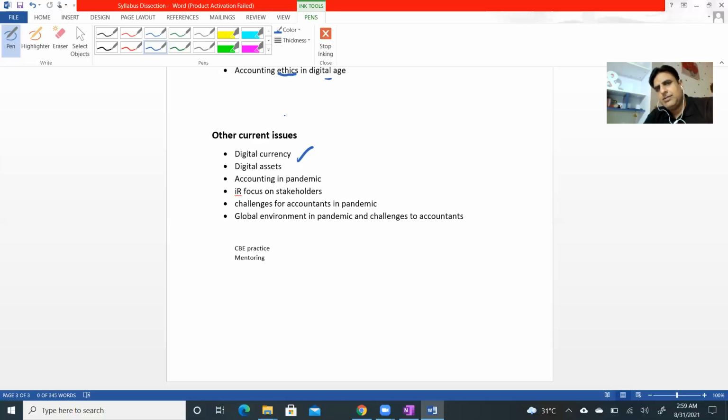So I think this is the complete package which I have discussed in this lecture. We have dissected the syllabus, we have dissected the paper. I have shown you the most controversial part of this area, the current issues, and we have discussed a lot on this current issue. So hope for the best for those